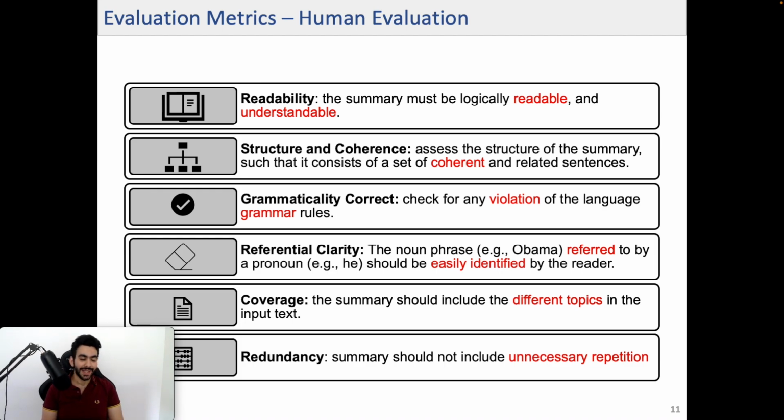But as you probably imagine, or as you probably know already, actual human evaluation wouldn't be feasible at a larger scale. We need some approaches to evaluate how good a summary is. For that,